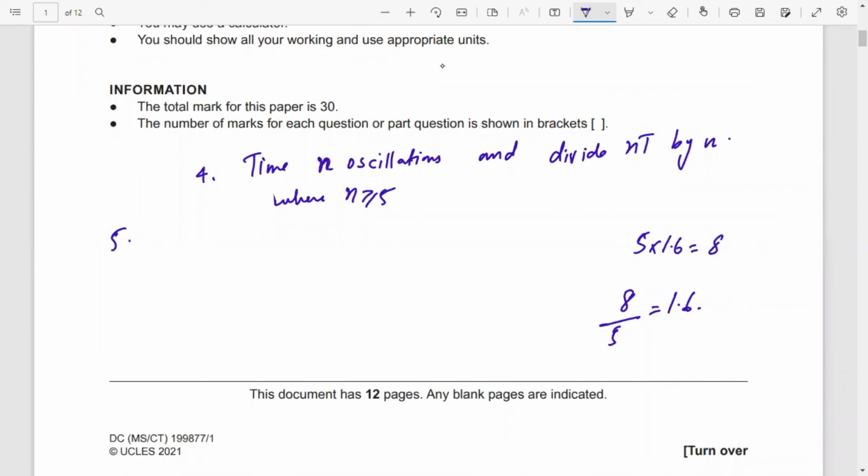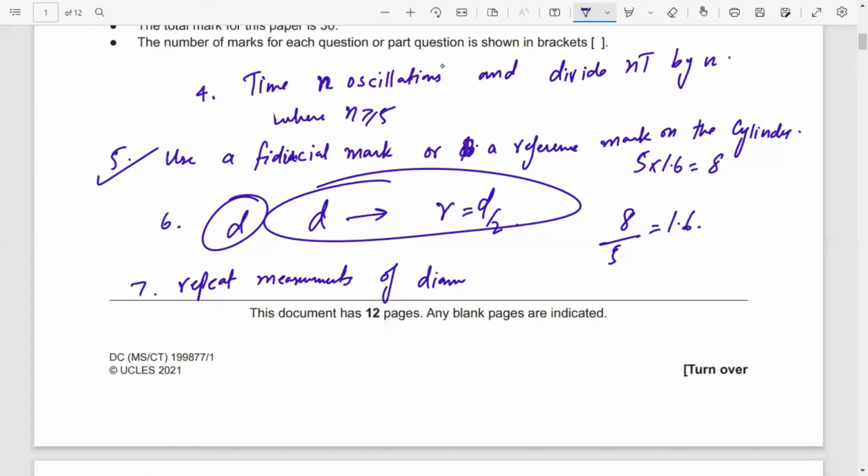You can write here, use a fiducial marker or a reference point in order to measure the oscillations. You will describe the method of counting oscillations, use a fiducial mark or a fixed point, or draw a fixed point on a diagram पे बना दे और कहेंगे ये हमने मेंशन कर दिया। Repeat measurements of diameter